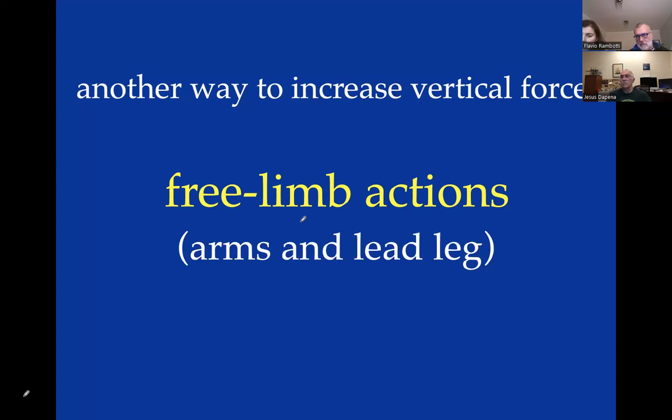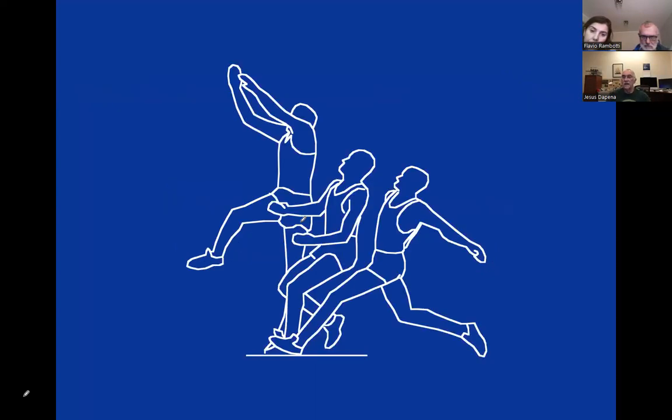Leg is not a free limb, but the other three, they're free limbs. Okay, so here we have a high jump takeoff. And what you have is that the free leg, the right leg here, is going to go forward and then up. And the arms also go first horizontally and then they also swing up. So this helps you to make a bigger force on the ground.